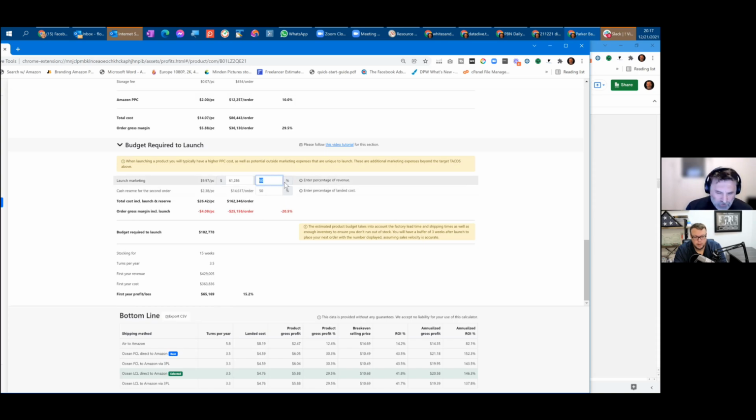Now, I went a little overboard here while I was experimenting, and the default here is 20%, if I recall correctly, Brandon, from the revenue of the order, and the percentage of landed cost for the next order is going to be like 50%. So I think it's explained in the tutorial, but it's important that people understand that you need a cash reserve